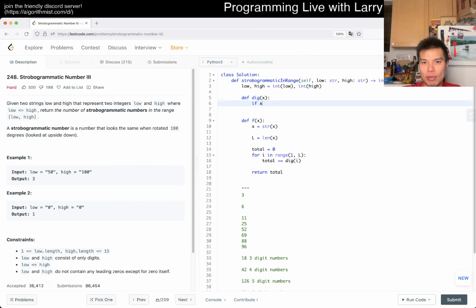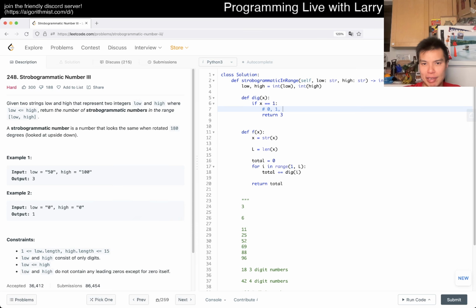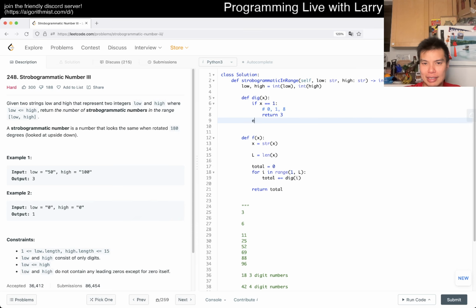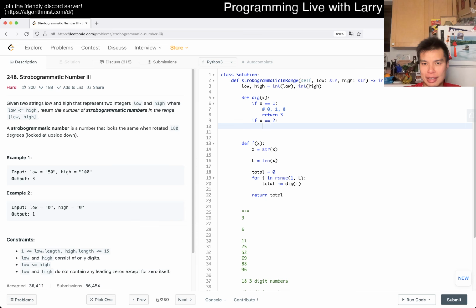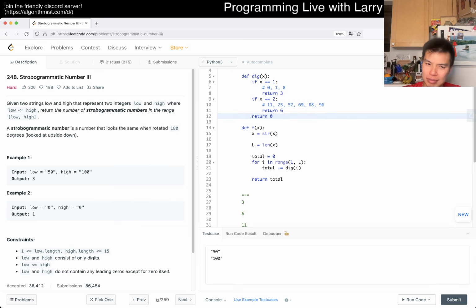Okay, well, if x is equal to 1, then we return 3 because it is just 0, 1, and 8, right? Then if x is equal to 2, then we return 6 because we have this thing here. I think. And we'll cheat a little bit just for testing, just because there are some parts that I don't 100% understand with respect to the 5s and the 100. So I just want to verify that from 0 to 100, it should give me 6. Oh no, it should give me